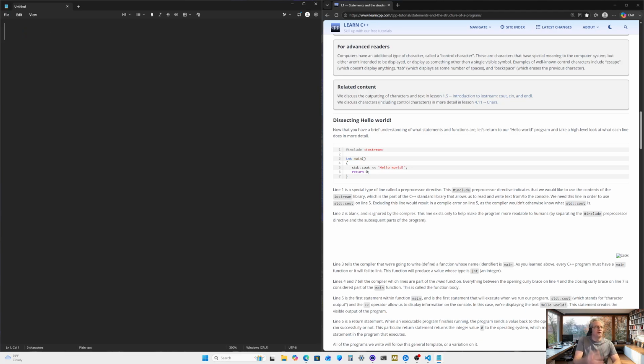So use this example right here, and it doesn't seem like you can type into this. There may be other sections where you can type into for this website, but you see this example right here. Even though it may not run, it doesn't mean you can't sit there and type it anyways. Include iostream, int main, because this right here does not have any of the added features whatsoever.